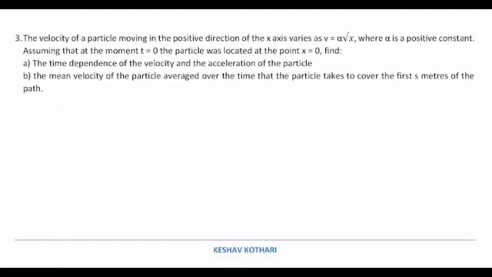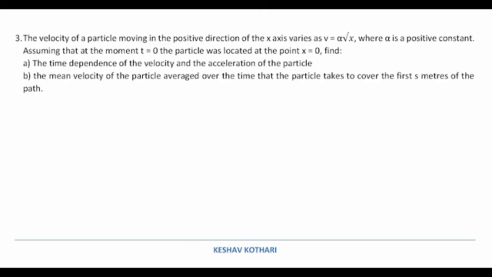The velocity of the particle moving in the positive direction of the x-axis varies as v equals alpha root x, where alpha is a positive constant. Assuming that at the moment t equal to 0, the particle was located at the point x equals 0, find the time dependence of the velocity and acceleration of the particle, and the mean velocity of the particle averaged over the time that the particle takes to cover the first s meters